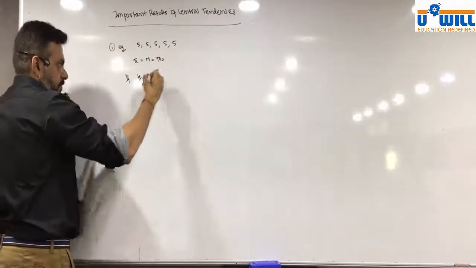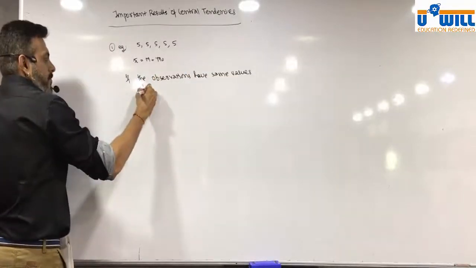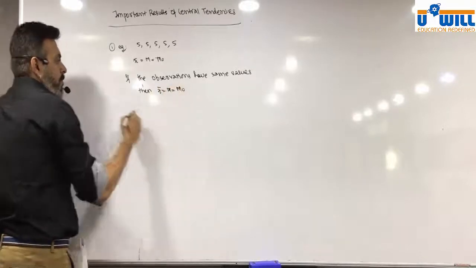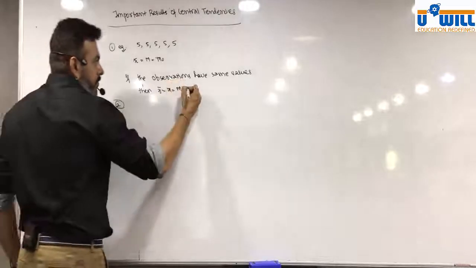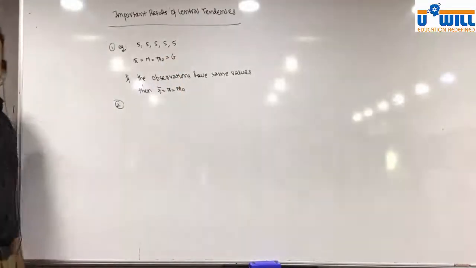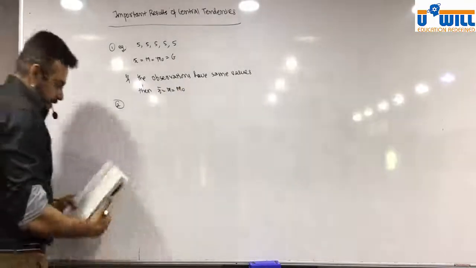If the observations have the same value, then mean equals median equals mode. All of you understood this? Okay. It is also equal to the geometric mean. Okay. Then second,